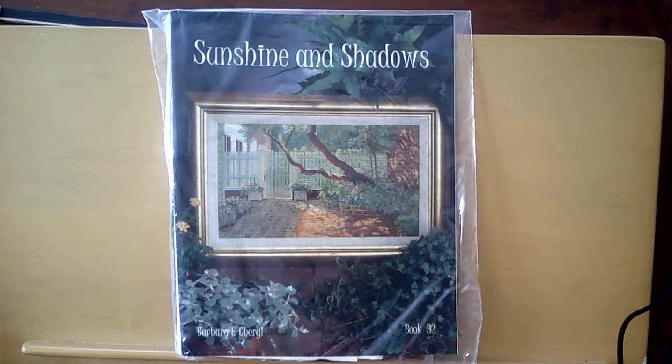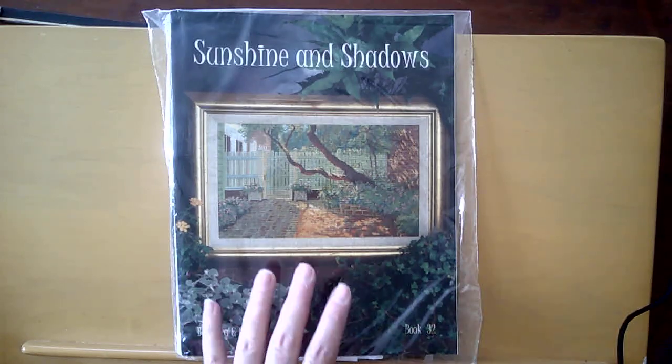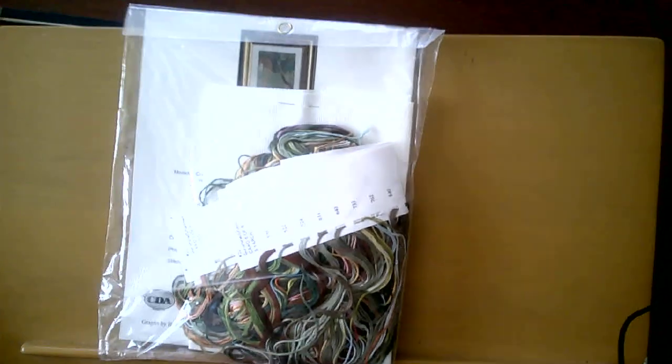This was back in the day before computers were doing everything for us, and that just looks like I could step into that yard under that tree, and I was just so surprised. It is called Sunshine and Shadows. Here's the way it's packaged,